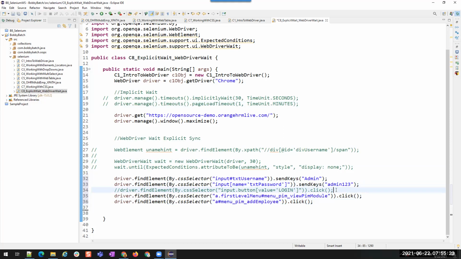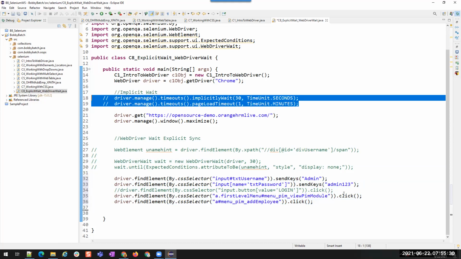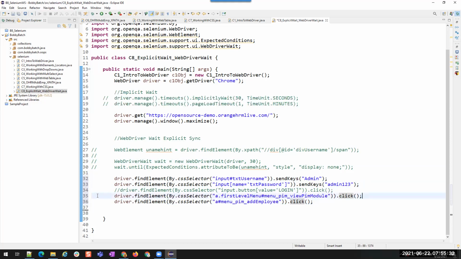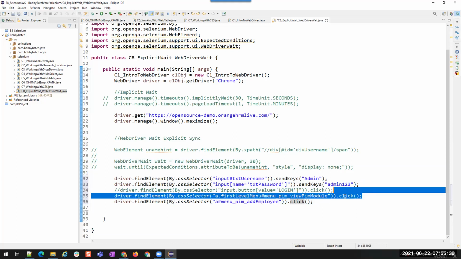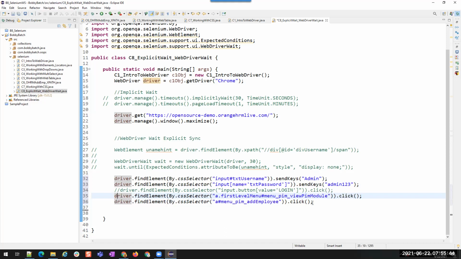Is that true? We have seen, right? When we don't have implicit wait, then if you are doing this operation, it will throw the exception right away. Now I don't want to throw the exception right away for this element. I want to apply some conditions. I want to make this script wait until that condition is matched or the timeout happens.